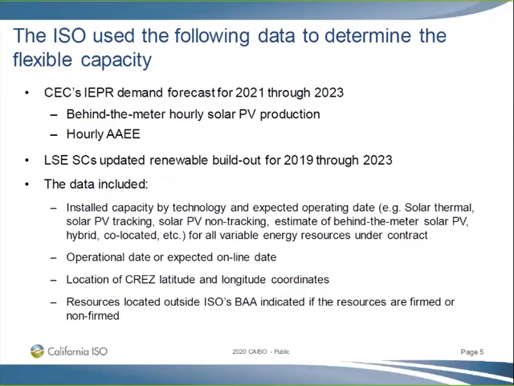So we ask for a breakdown. This year was, again, solar thermal. We break off the solar PV to tracking and non-tracking. We have an estimate of behind-the-meter solar PV. We'll go over those in a few minutes. This year, one of the first things we had asked for was we wanted to get a feel as to the hybrid resources that are coming in, the co-located resources, because we need to start thinking how these are going to be included in the flexible capacity study moving forward.